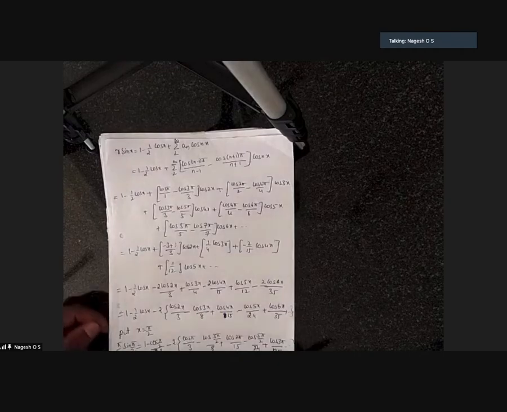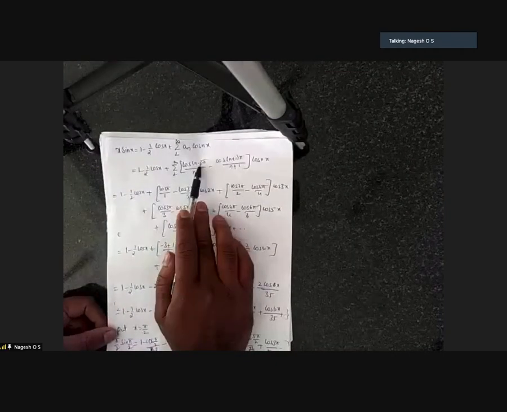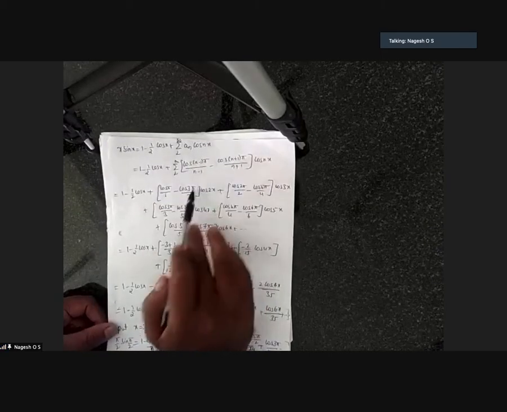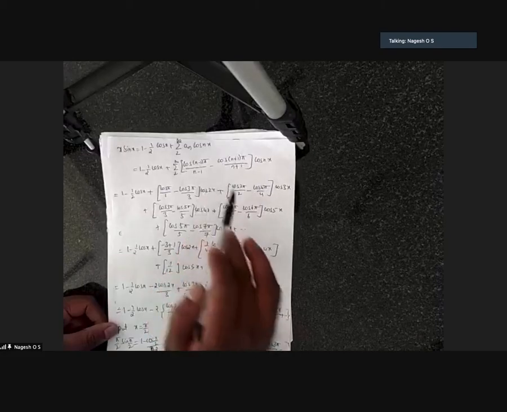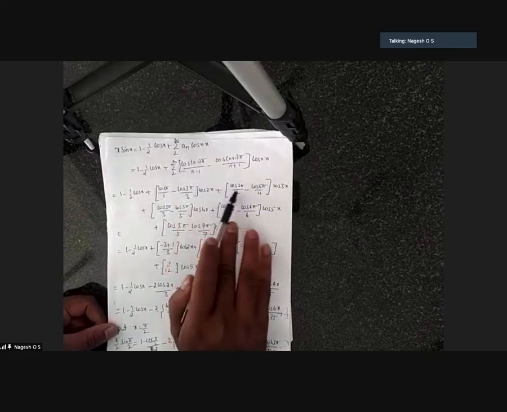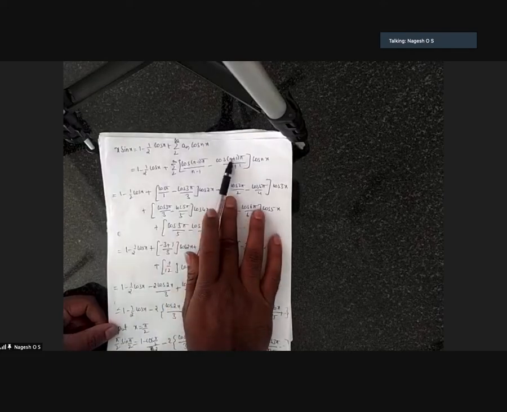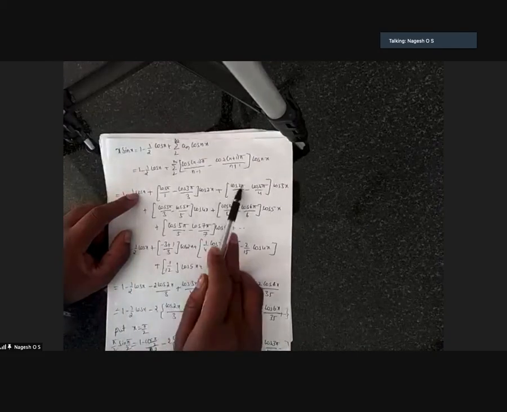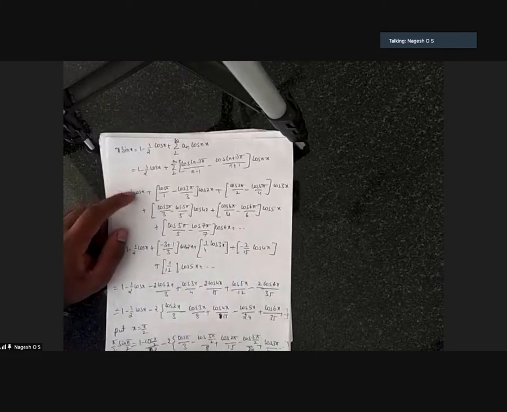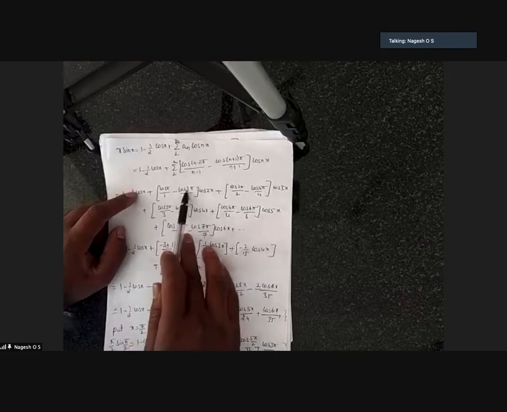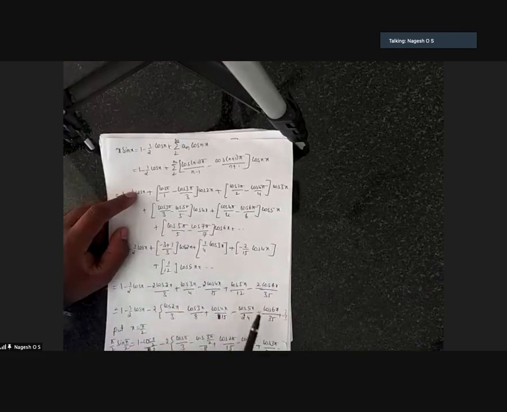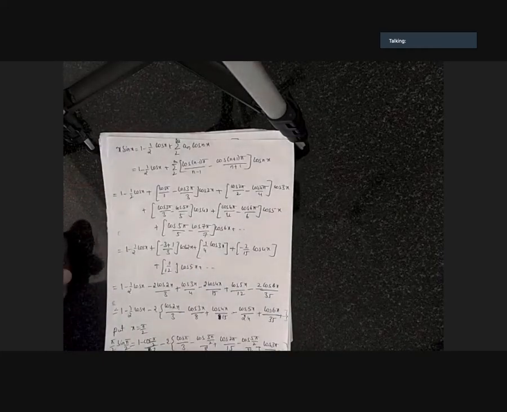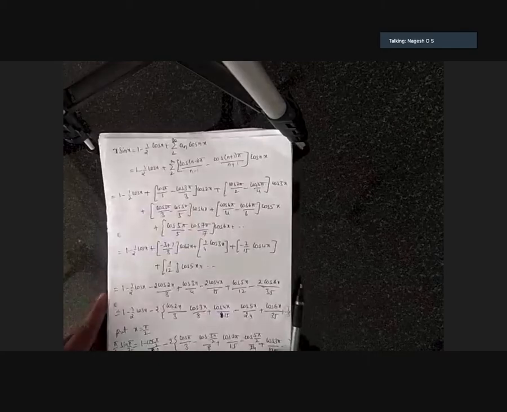If you start from 2, then this will be 2 minus 1, that is 1, pi by 2 minus 1, that is 1. Here 3 pi by 3. Then here cos 2 pi plus. Here give 3. 3 minus 1, 2, 2 pi by 2. Here 3 plus 1, 4, 4 pi by 4. Cos 3 pi. Like this here. First term will be 1, 2, 3, 4, 5. Next term will be 3, 4, 5, 6, 7. This will be 2, 3, 4, 5, 6. Like this, we have to give the values for n.